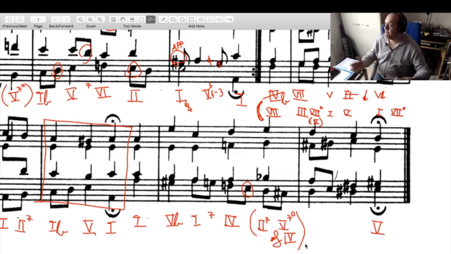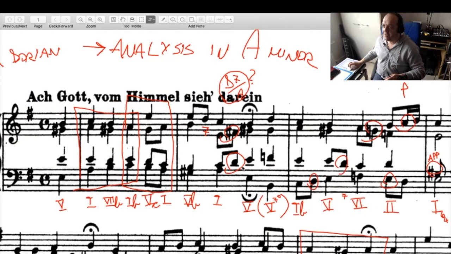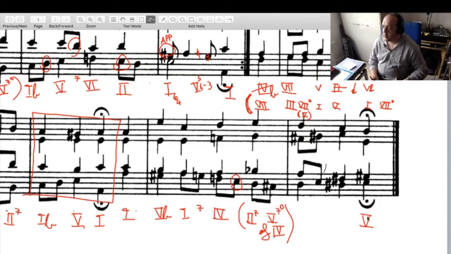Here I have that D major followed by an E7 like we had there, like we had at the beginning, that D. Okay, let's work backwards from the cadence. I have 5. This is a function of 5 of 5. This is 2 chromatic diminished 7. Yes, the function of a B dominant,